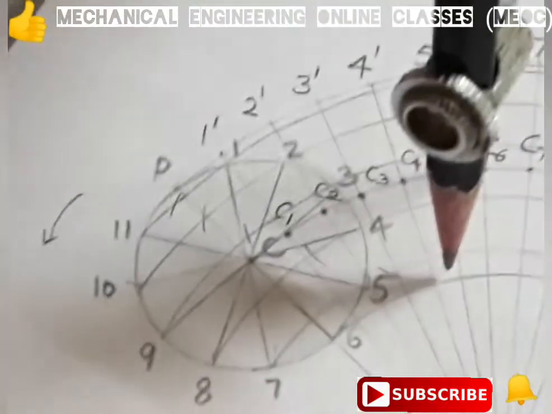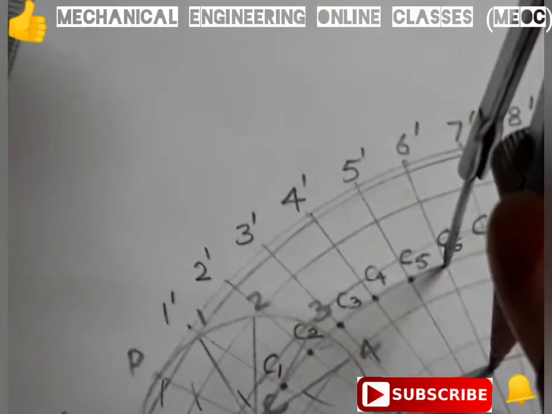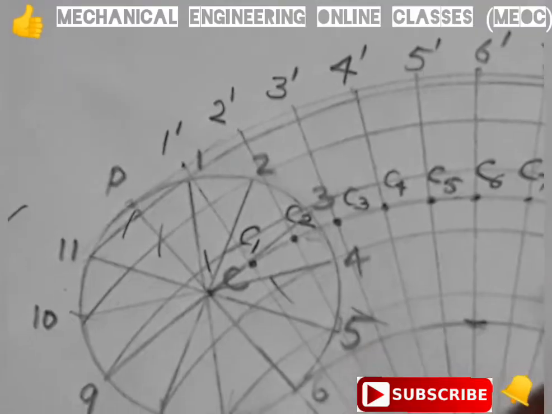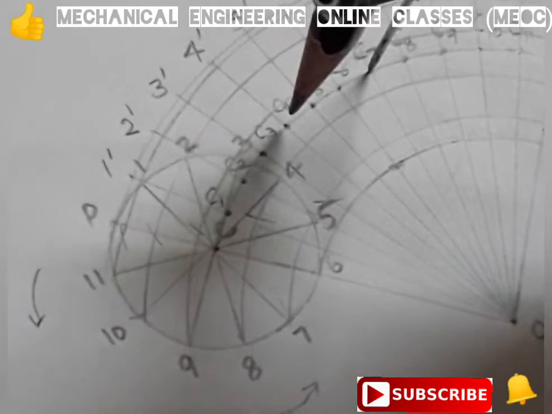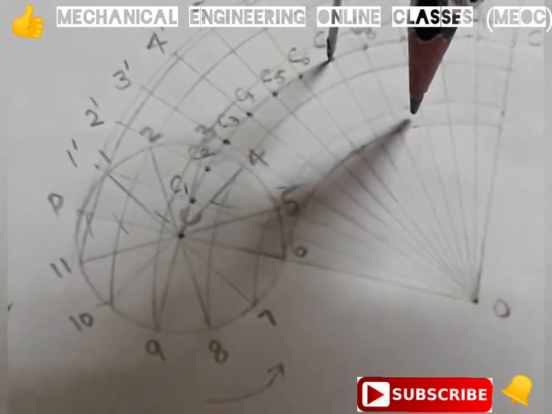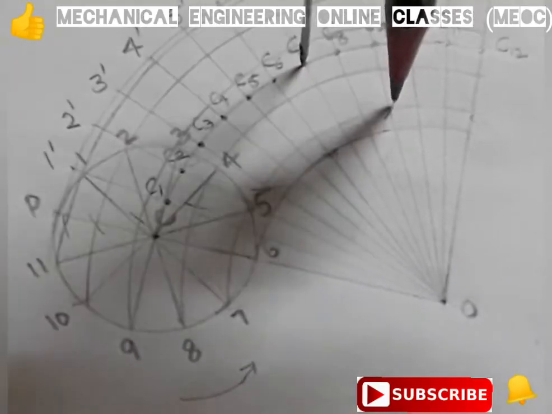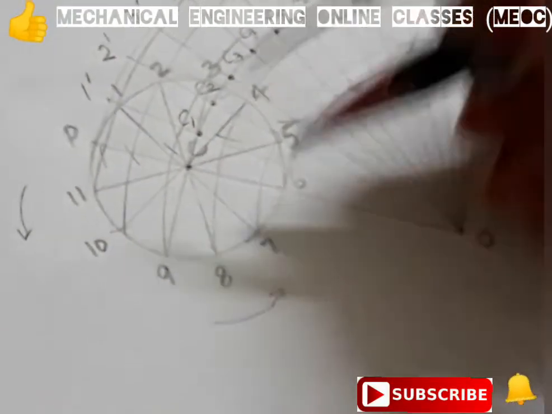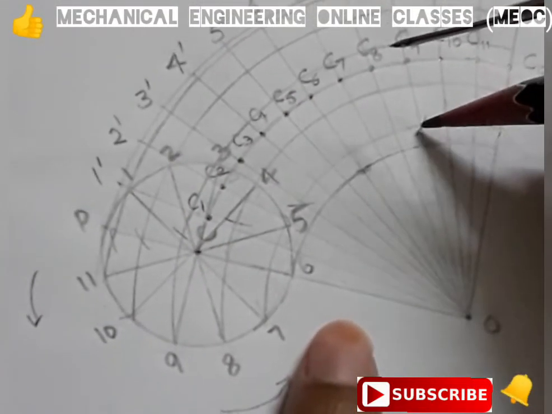I am drawing an arc on the arc passing through 6. So it is this point itself. Okay, there is only one point here. See, it is one point. Now C7 is center and radius is equal to CP. I am drawing an arc on the arc passing through 5, 7. Now here I am using the right hand side arc because after P has moved to the topmost point, now it is moving downwards. Okay, that's why I have taken arc on the right side.